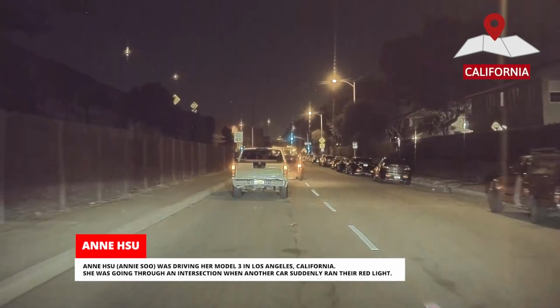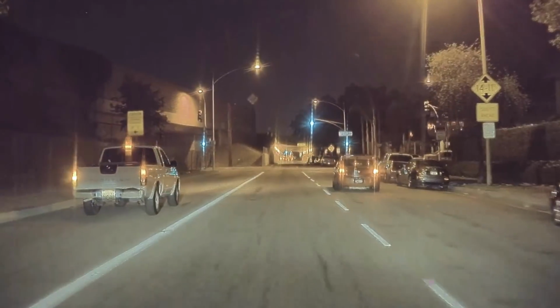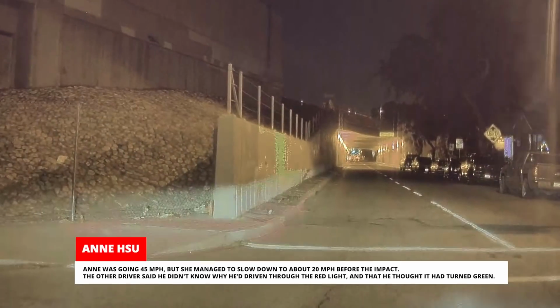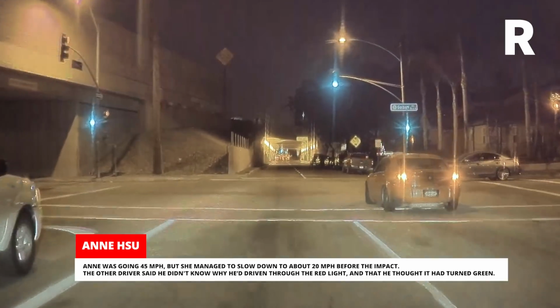Annie Sue was driving her Model 3 in Los Angeles, California. She was going through an intersection when another car suddenly ran their red light. The other driver stopped at first, but then he drove through the intersection, causing Annie to T-bone him. Annie was going 45 miles per hour, but she managed to slow down to about 20 miles per hour before the impact. The other driver said he didn't know why he'd driven through the red light and that he thought